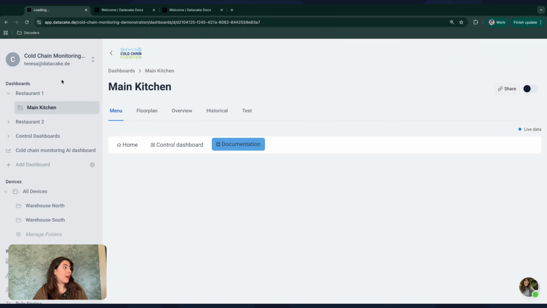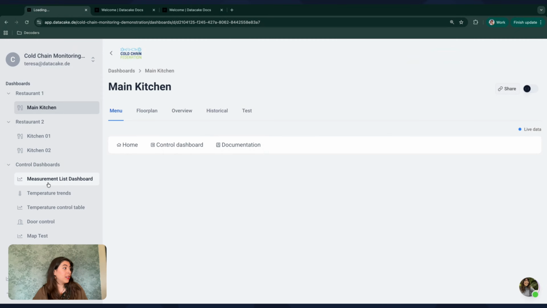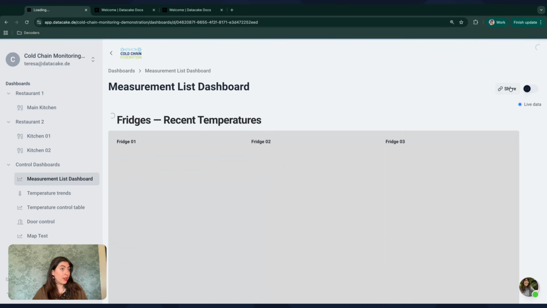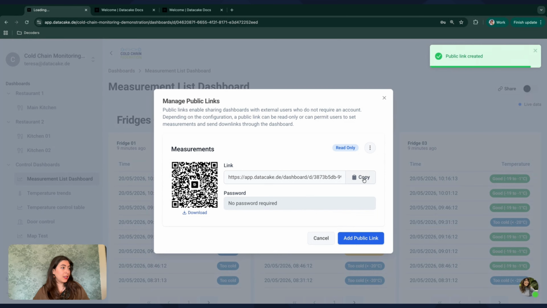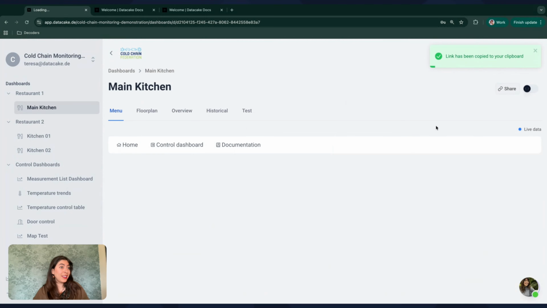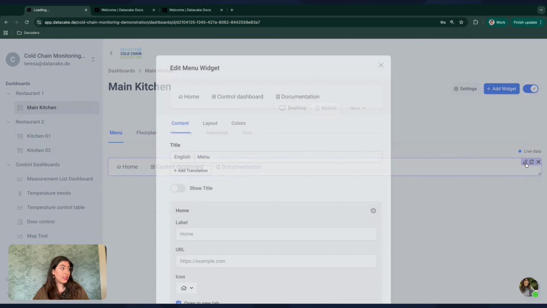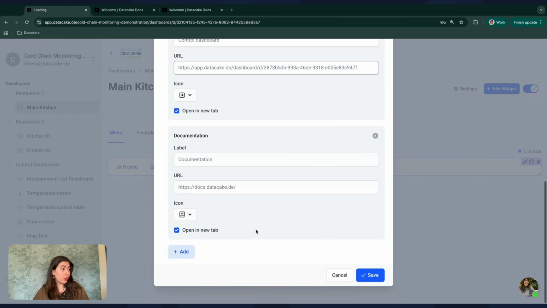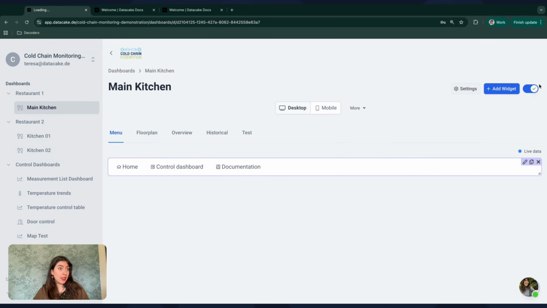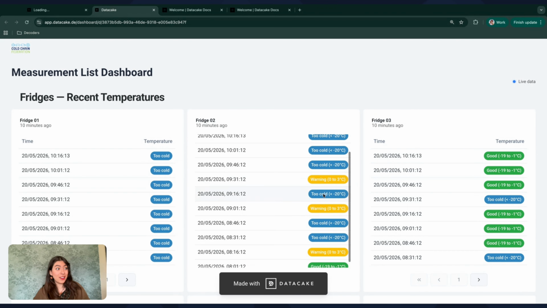And in here, I wanna go back because I want to add the measurement list dashboard public link. So I'm gonna add it as measurements. Add new public link, copy, and now I'm gonna close this and go back to my main kitchen, to my menu, open it, and say that's gonna be the control dashboard link. So now I'm gonna save it, save my dashboard, click on it, and see that now I got redirected to